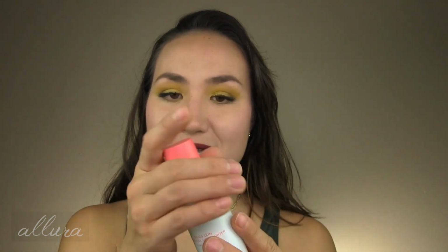And I was a little bit iffy on whether I would like this product or not, but I have been loving this. It comes in a glass bottle, so it's quite heavy, airtight, again, opaque, and the formulation is kind of like a straight up gel, but I'm so surprised at how hydrating and moisturizing this is, and it is feather light. It is just absolutely weightless on the skin,